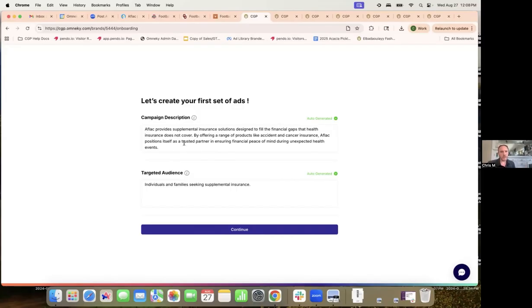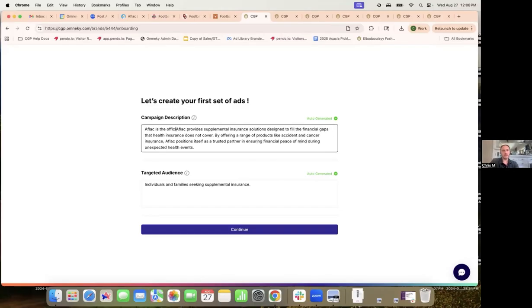So we've auto-generated this campaign description, which is sort of generic, but because it's just based upon Aflac, right? I didn't use a subdomain or anything, so it's just like we provide all kinds of health insurance of every sort. Not very specific. Your campaign will be kind of generic, right? So I'm going to say like,